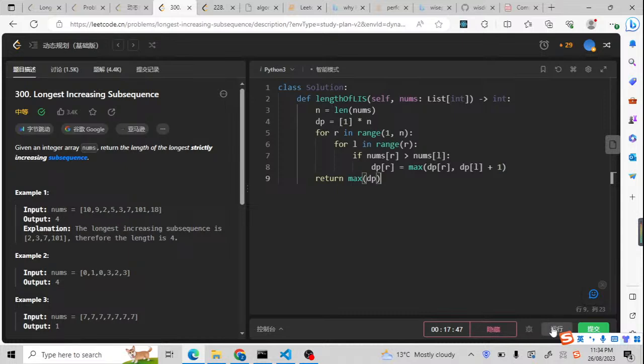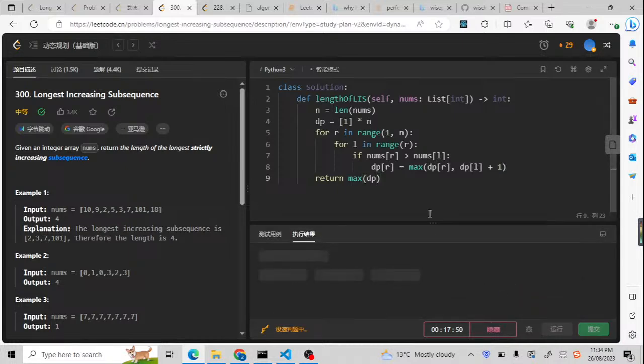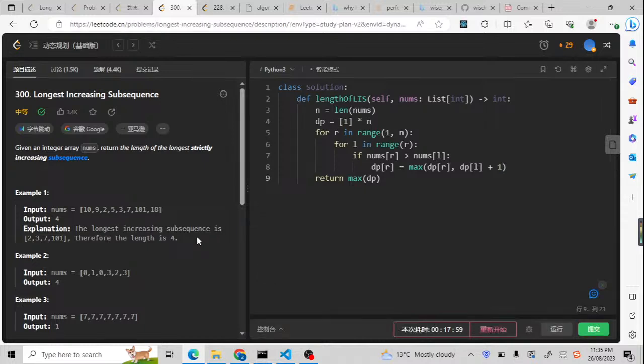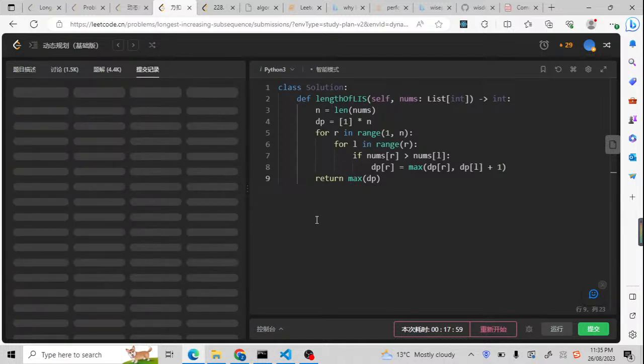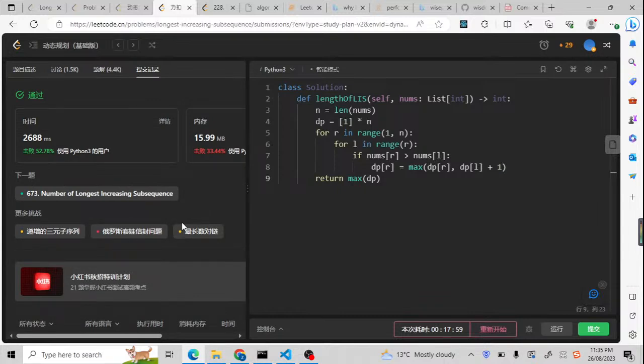Now let me run it to check if it really works. As you can see, it works. Now let me submit it to check if it can pass all the testing cases. As you can see, it passed all the testing cases, and the time is 52% of all